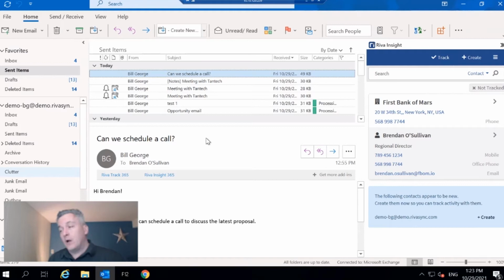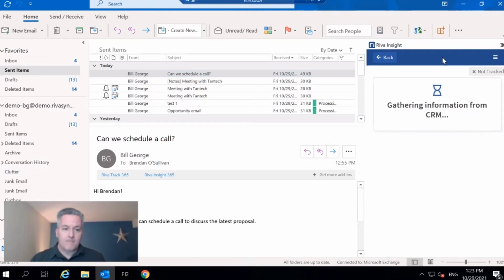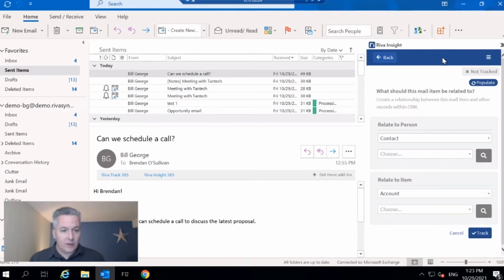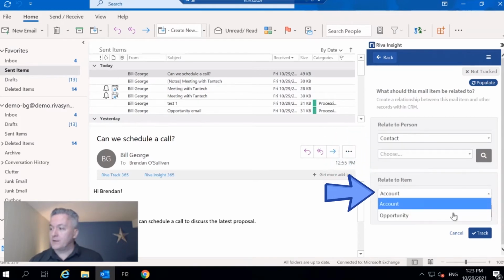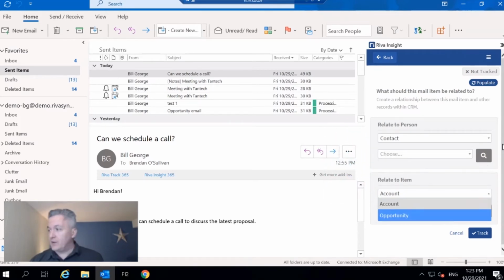All right, so regarding tracking, basically the most obvious way to track Outlook items in CRM is by using the track button at the top of the UI, like we see right here. I'll click on that. So we'll start with this email, and after clicking that track button, that UI comes up and gives me the option to sync it to either the contact and the account or the contact and the opportunity. So in this case,